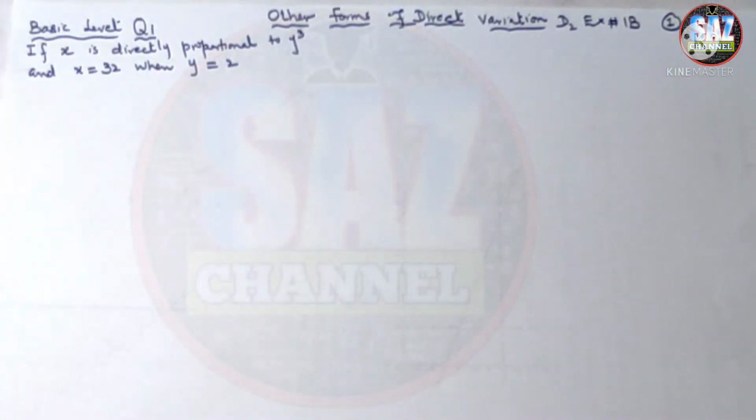This is my first lesson of D2 chapter number 1, exercise 1B, that is about direct variations. In this class, students will be discussing basic level question number 1. But before going to the lesson, I just